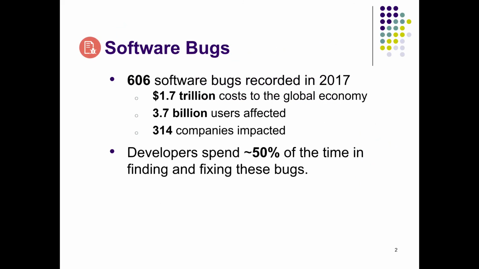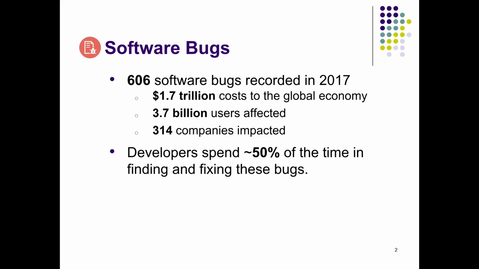Software bugs were there from the very beginning of software engineering, right? But in this talk, I am going to present some much more recent statistics. In 2017, more than 600 bugs were recorded from different companies. These bugs cost about $1.7 trillion to the global economy, and they also affected more than 3.7 billion people. These are obviously very strong numbers, and developers also spend around 50% of their development time to deal